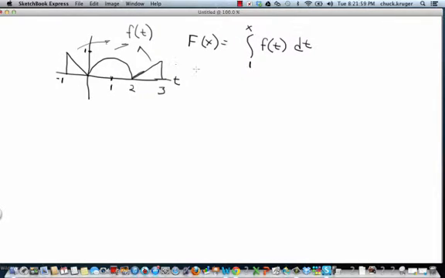Okay, so let's take a look and see if we can figure out what f of 3 would be. F of 3 would be the integral from 1 to 3 of f of t dt. Well, I don't have an algebraic equation for these, but what I have is an area. So what I have here is this quarter of a circle and this right triangle. So I need to figure out what the areas of these are. Well, this quarter of a circle, right? It's a quarter of a circle, so it's 1/4,